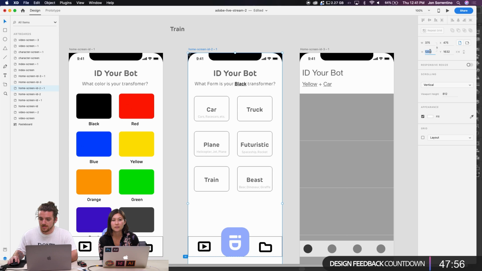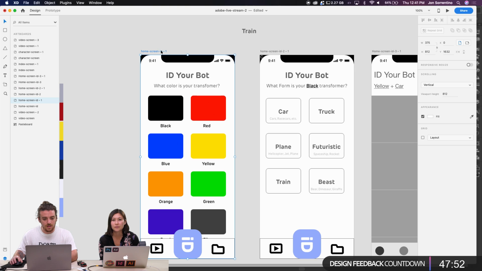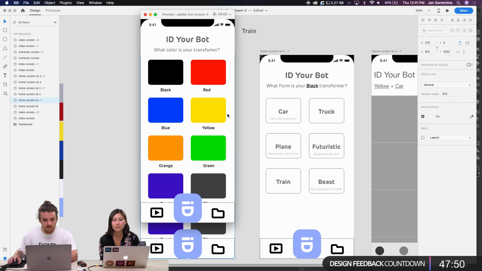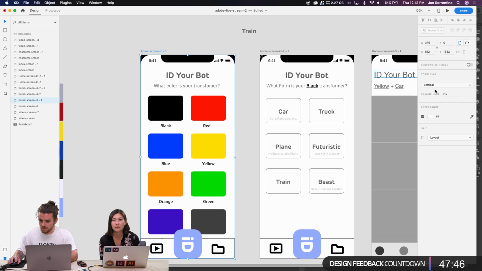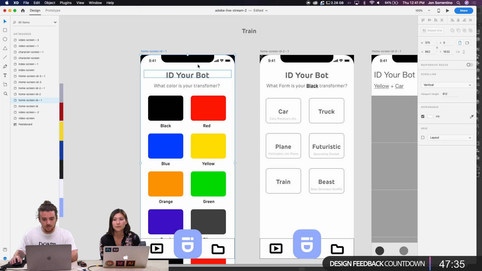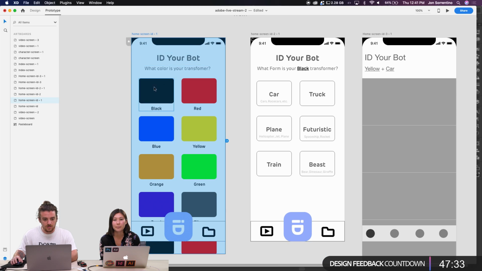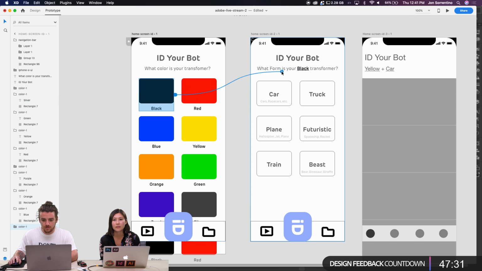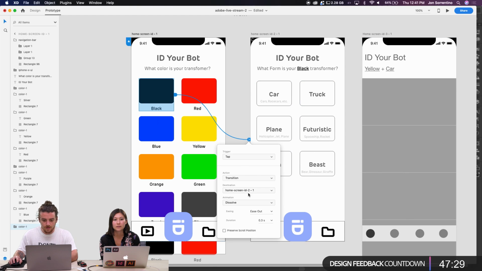Just gonna clean up the height of this. And I wanna just kind of see what this is looking like. Can I scroll this? Vertical scroll. I think I have to probably make this a little bit taller. Cool. All right, and then if we even go into here, I want this to go just from the screen.